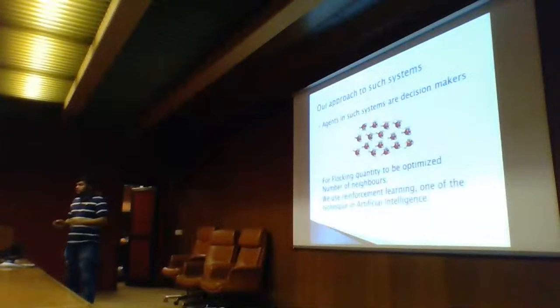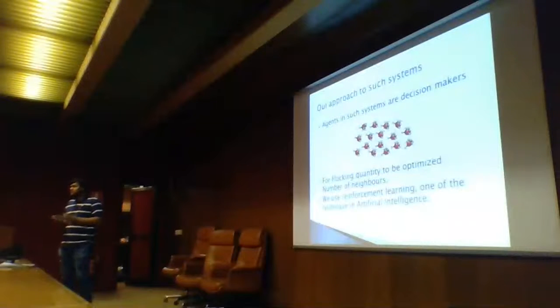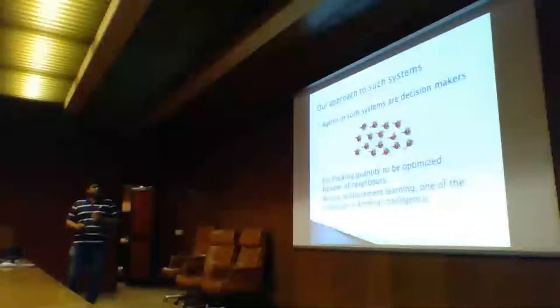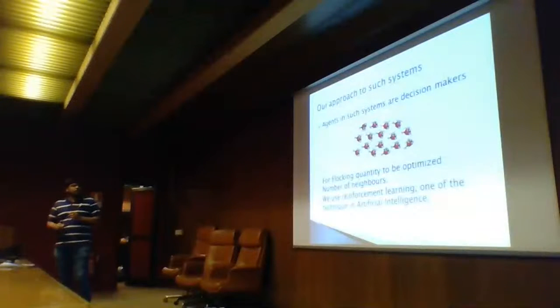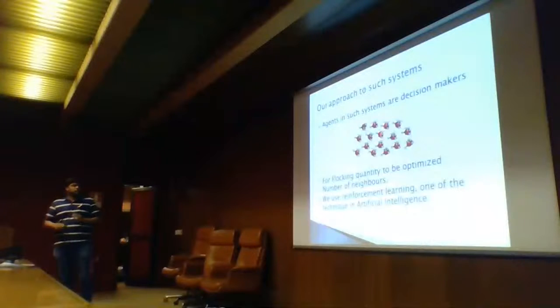So our approach is different. There are various models with varying degrees of success, each explains something. So why don't we treat these agents as decision makers? The first target is to make this artificial group of robots, or artificial agents, flock together. We use machine learning techniques to make them flock together, and then we can say something about the real systems: if the artificial agents are following this policy, maybe the birds are also following this policy. To do that, we use